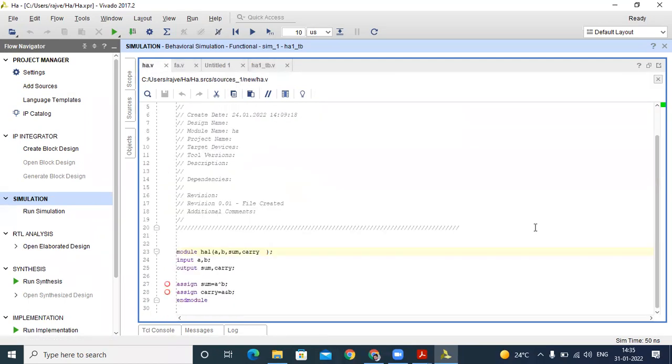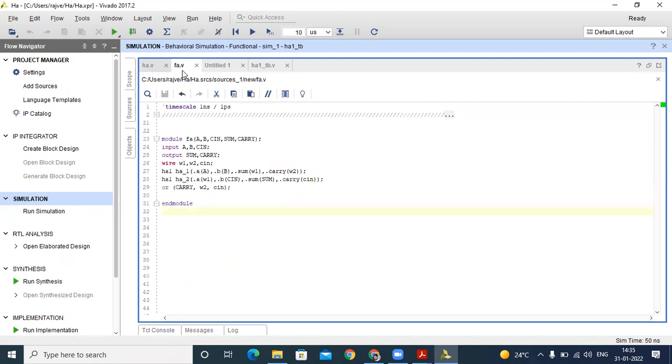Firstly we define our half adder. Then after that, how to call it, how to define our top module and internal wire, all the things are done with the help of our half adder module. You can do this here. This is our waveform. Your task is, by the help of the full adder, how to develop our ripple carry adder.